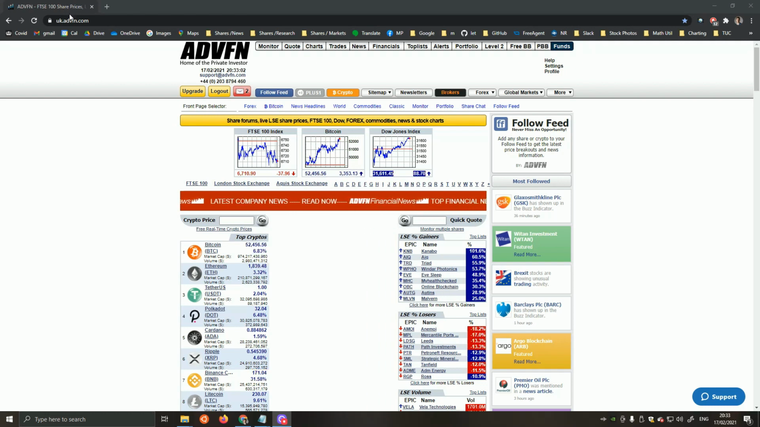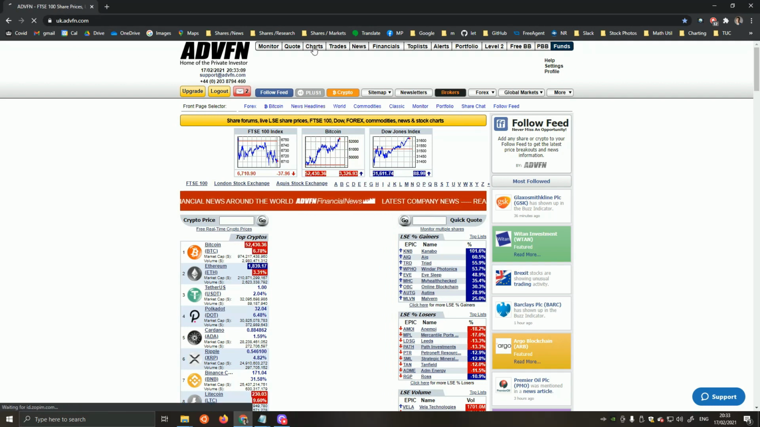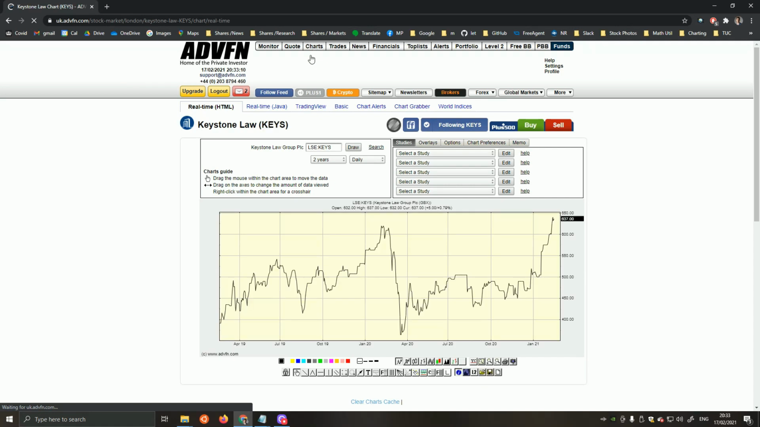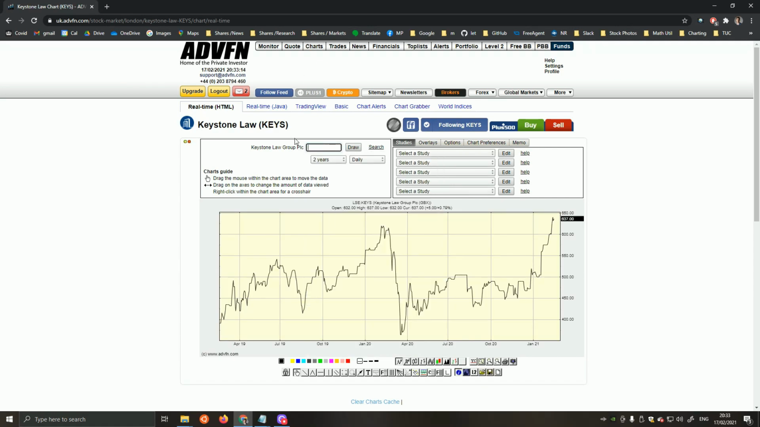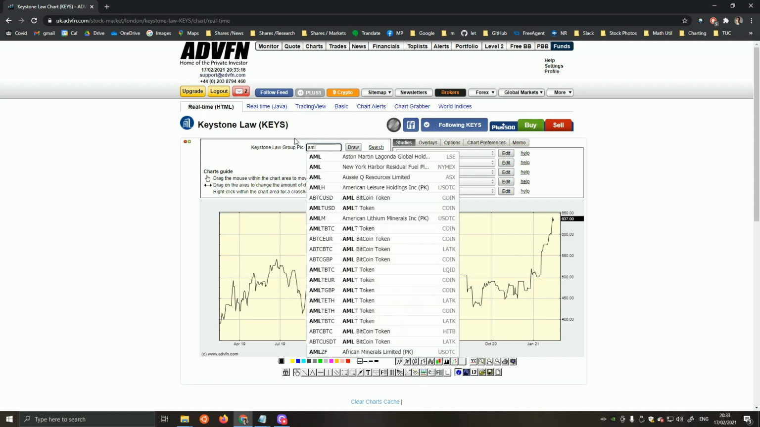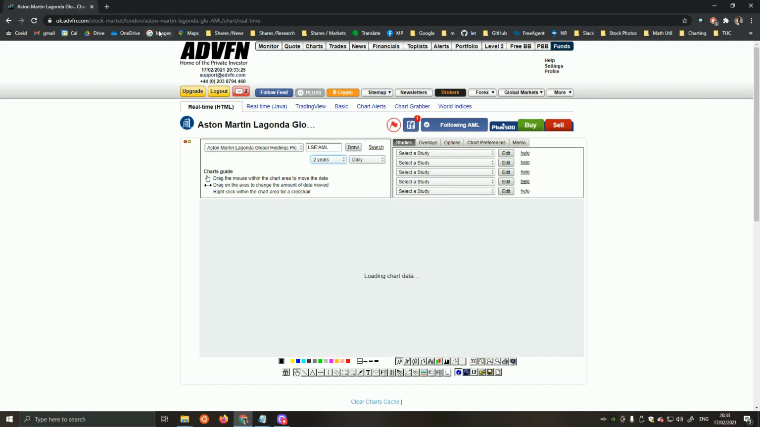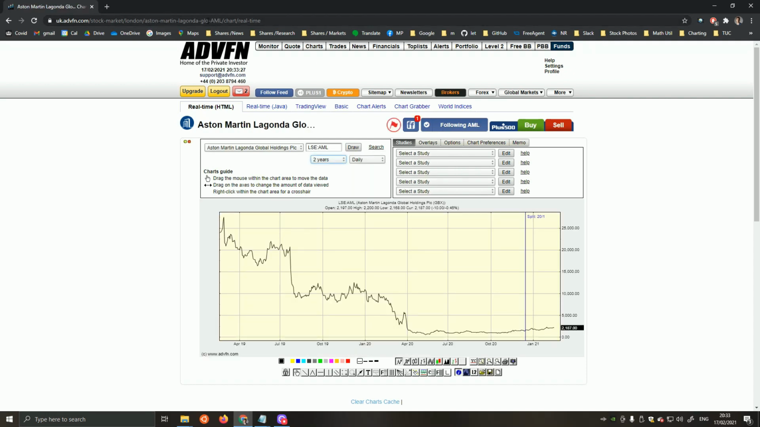So I want to set up a custom search engine today for ADVFN charts. So if I just click on charts here, I can search for any chart. So let me just search for Aston Martin. We always seem to use that as an example. So if I click on the result here, you'll notice in the top bar this part of the URL